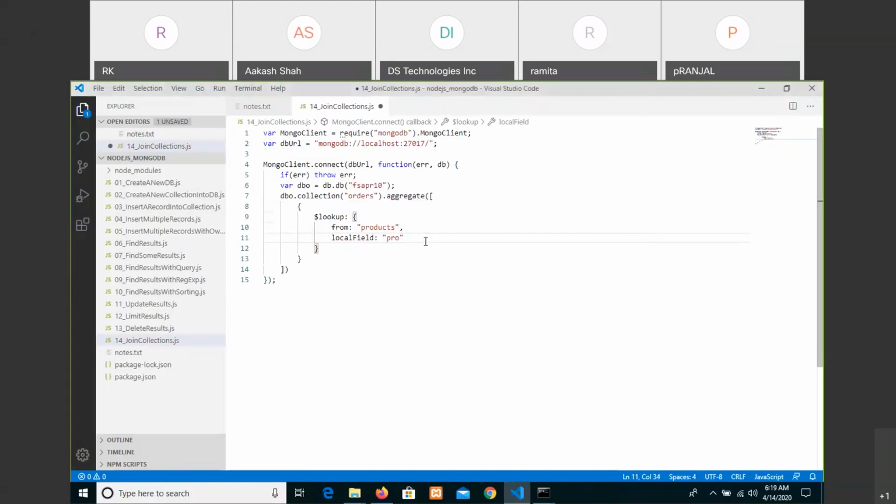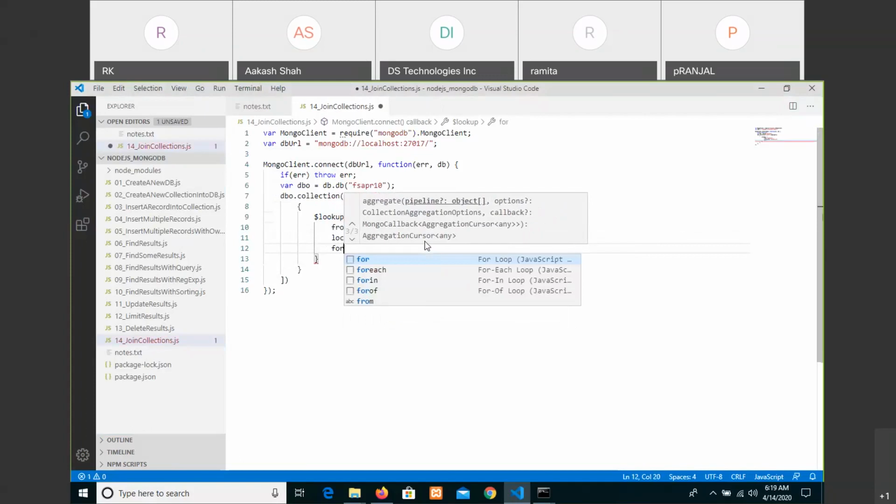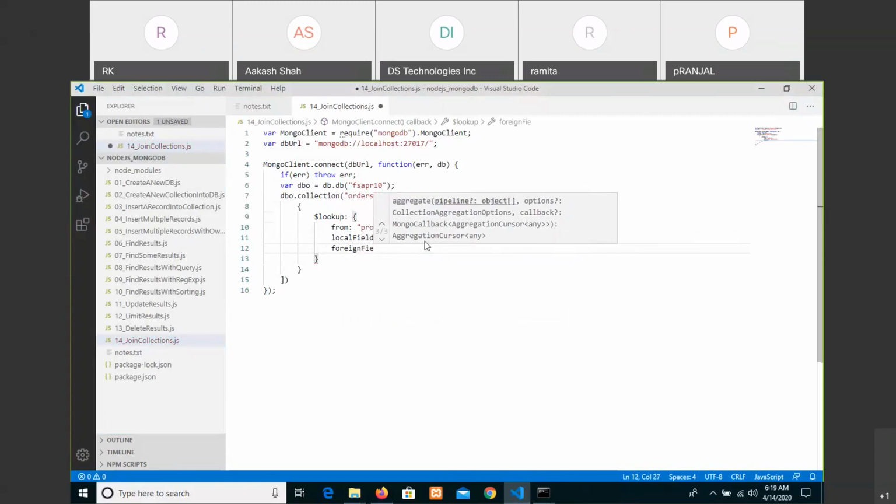Then product underscore ID from the main ID, that is, we can say foreign field of underscore ID.